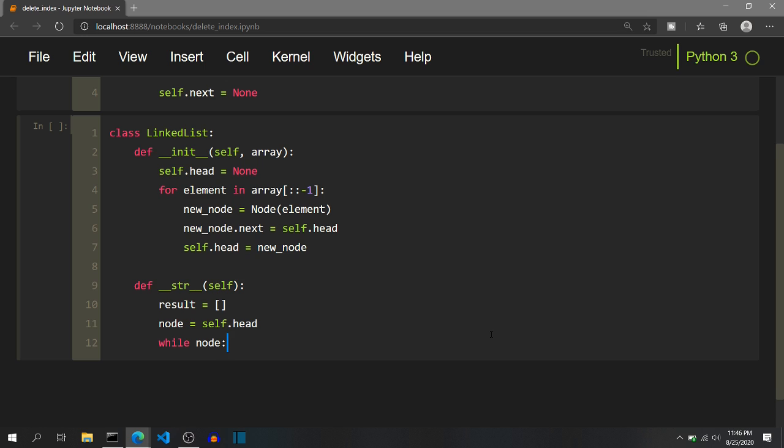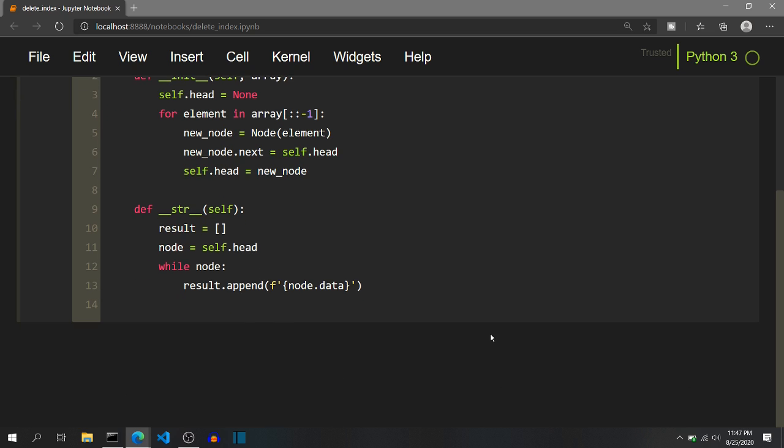While there are nodes in the linked list, we will append to the result the string representation of node.data. And after appending the node.data to the result list, we will proceed with the next node by node equal to node.next. Then after all the nodes are processed and the while loop breaks, we will return an arrow separated string of the elements which are present in the result, like this.